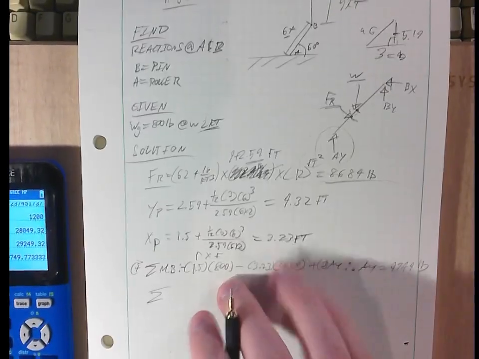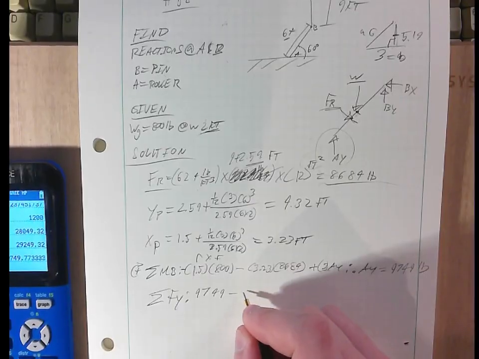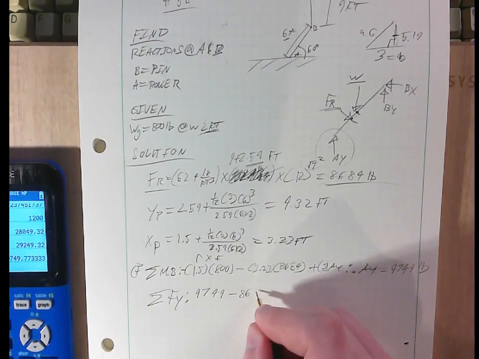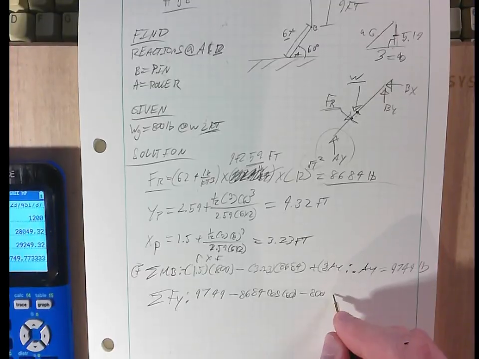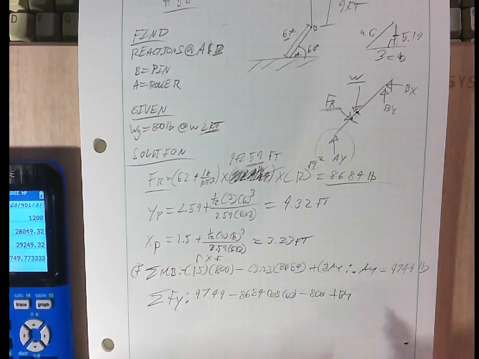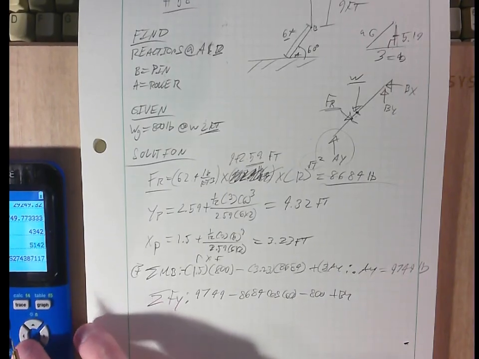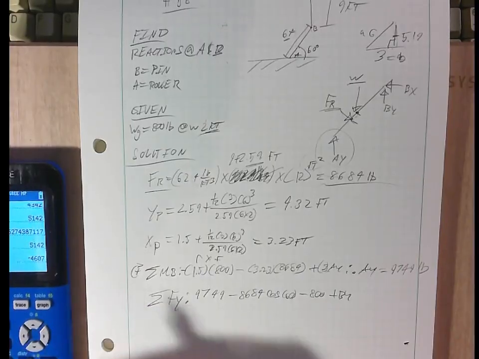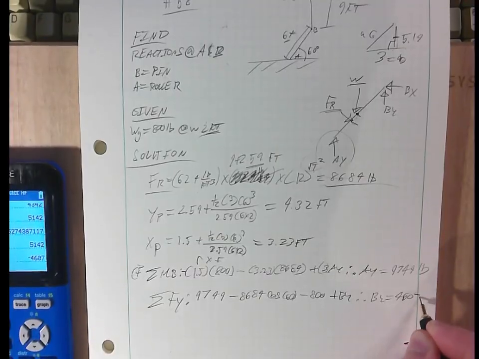Now let's do sum of the forces in the Y. So here we have 9749 minus 8684 cosine 60 minus 800 plus BY. So let's do this really quick. Flip these signs. So this is going to be subtracted. These are added. So it's going to be 8684 cosine 60 plus 800 minus 9749. Whoops. And I'm getting BY equals 4607 pound,